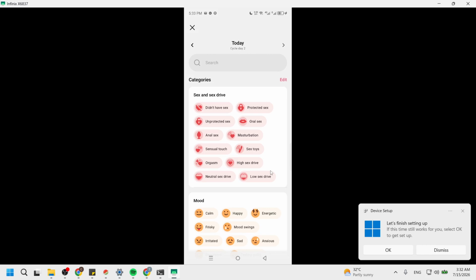From there, scroll through the categories to find the Sex and Sex Drive or Intimacy section. This section will include various options tailored to your intimate activities. As you scroll, take a moment to review the different categories available. This is significant because selecting the correct category helps you maintain accurate records, which can be useful for future insights into your health. You want to ensure that you are logging the right information to get the most out of